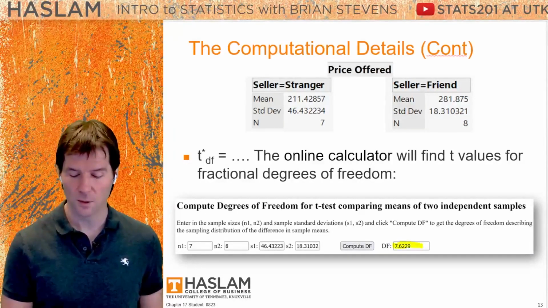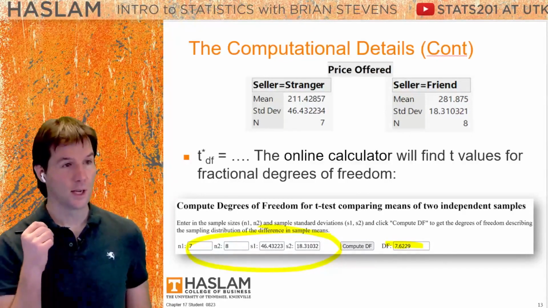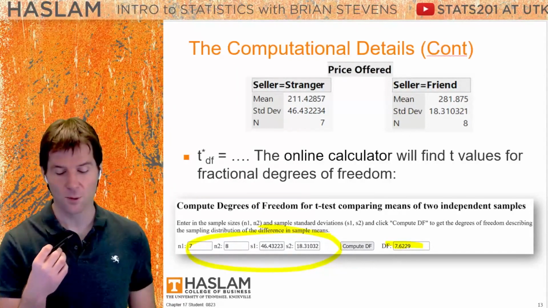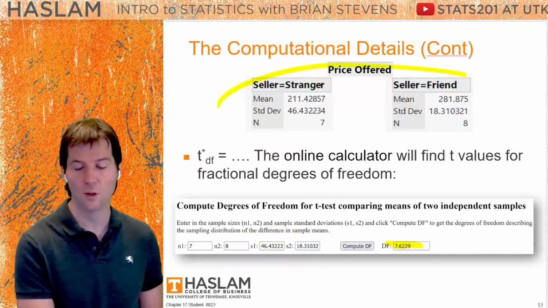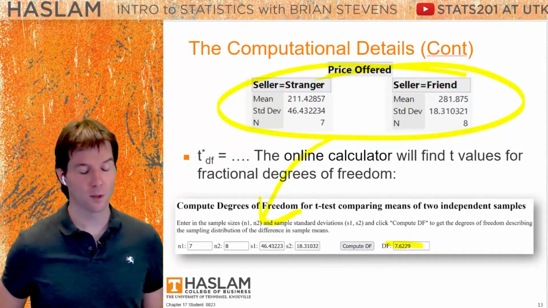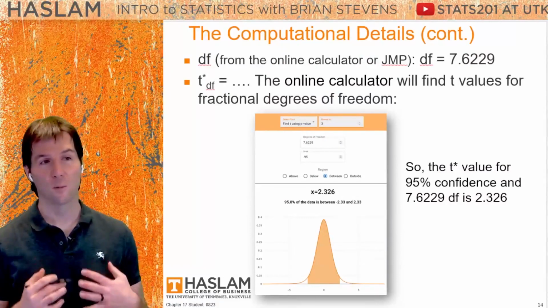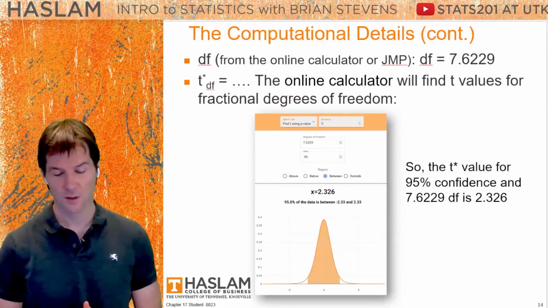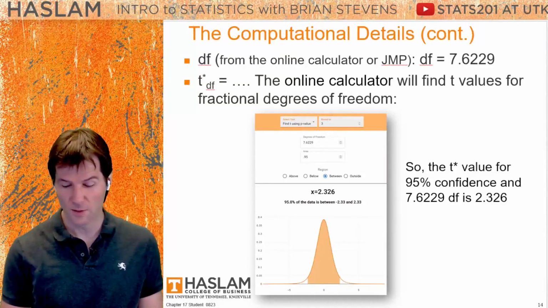This is merely the degrees of freedom, and this is the page you saw below. You need the sample size for group 1, the sample size for group 2, the standard deviation for group 1, and the standard deviation for group 2, which will be found in the output above. The degrees of freedom merely tells you the shape of the t. The shape of the t becomes more normal as degrees of freedom increase. So you'd go right here and put in the degrees of freedom are